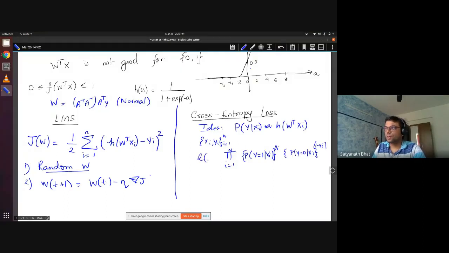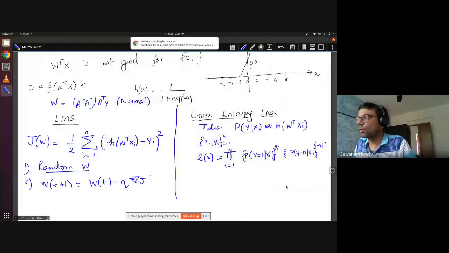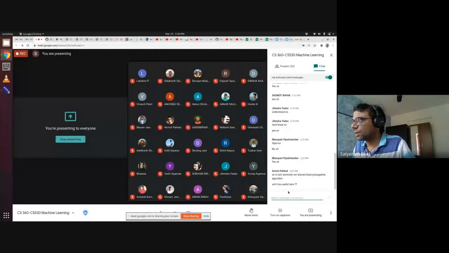So likelihood of W, it's a function of W, so L(W). See, I may not use consistent notations, okay, but the idea is what is more important. So is this idea clear what we are doing? I don't know how it will be used. I will tell you how it will be done, okay.